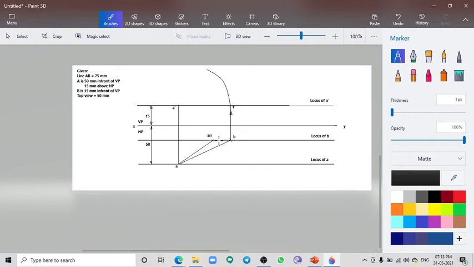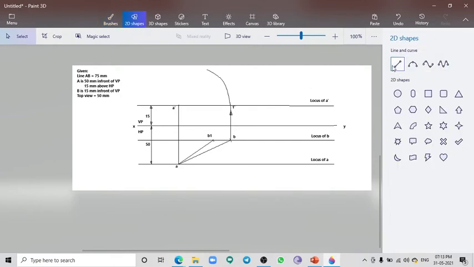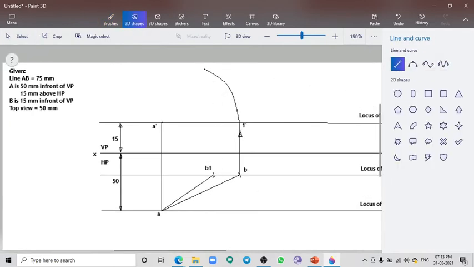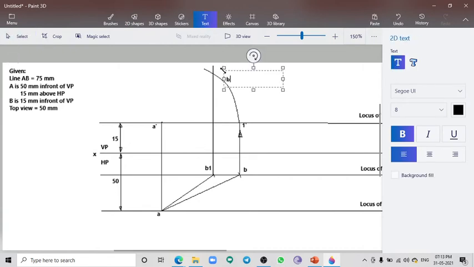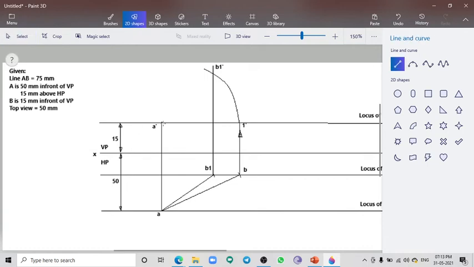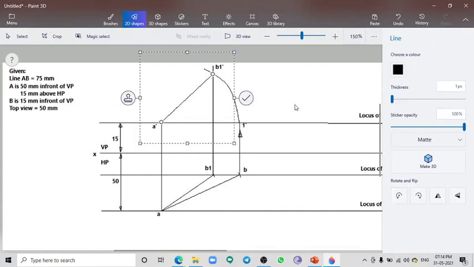The same goes for the end point. If the end point is here, then directly above it lies the end point of the front view. So we are going to just project this point vertically upwards so that the projection line will meet your curve at that point, and that point is named as the endpoint of your front view. Okay, so I'm going to name that point as B dash or B1 dash, since it is a front view endpoint. So this is named as B1 dash, and I'm going to join these 2 points in order to get the front view line.